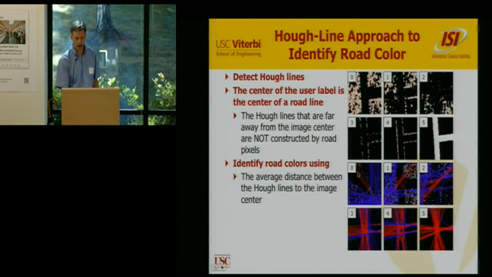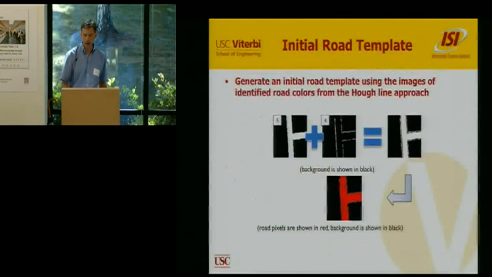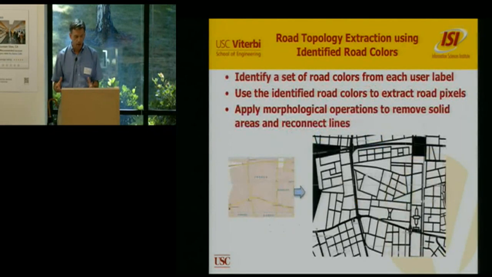And you can see the colors that correspond to boxes 0, 1, 2 clearly have more blue lines than red lines. 3, it's kind of a toss-up. And 4 and 5 clearly have more red lines than blue lines. And so those are the ones we're going to say, okay, these are the ones we're confident actually correspond to road pixel colors. Okay, so we can essentially determine the road colors on those and combine these. So we say, okay, we're going to generate this road template by taking these colors that correspond to these 2 types of templates, and that's going to generate the colors that we're going to actually identify that are likely to be roads. So we can essentially take this color template, apply it to the map,